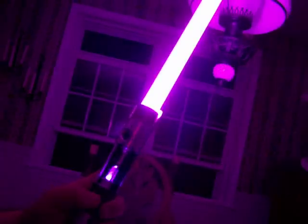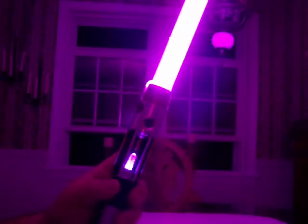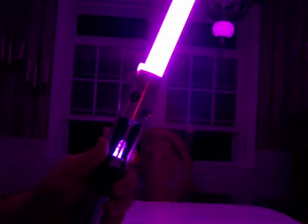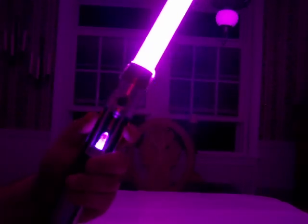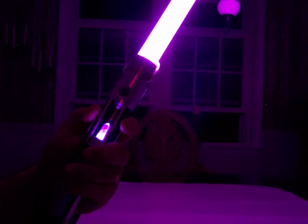Very beautiful saber. I am so proud of this saber. It's one of my favorite of all time Star Wars saga lightsaber designs. And I'm so happy to have brought it to life. This is your chance to own a rare piece of lightsaber history. These are very limited, very exclusive. Bid early, bid